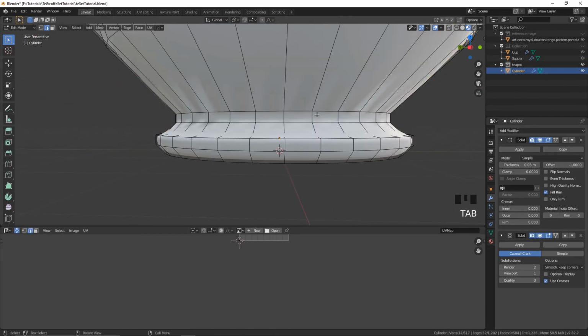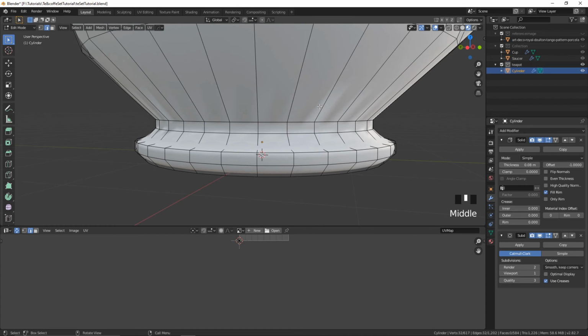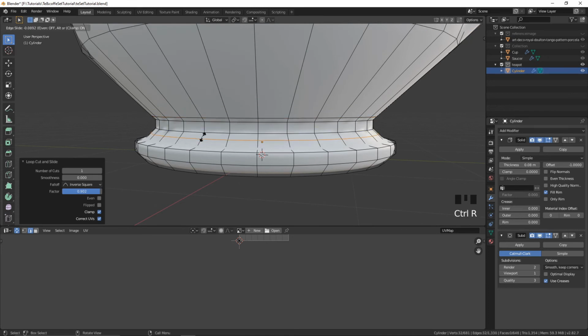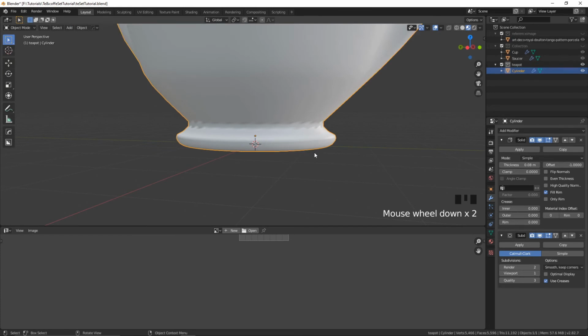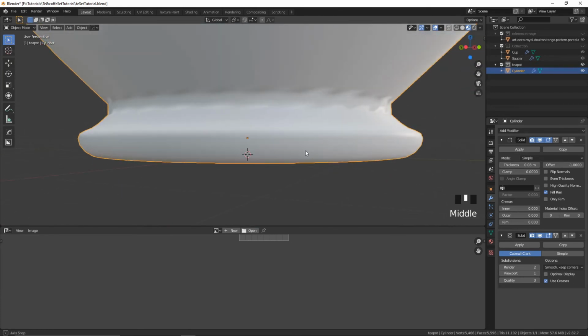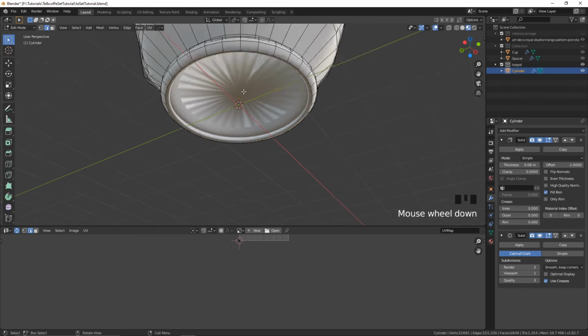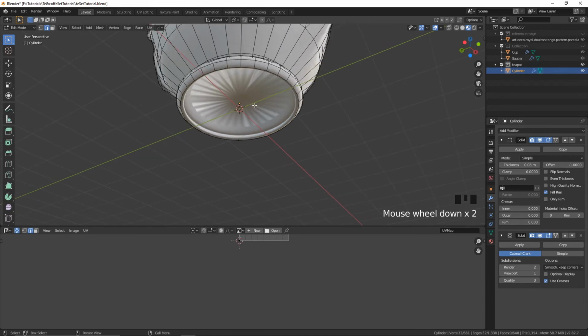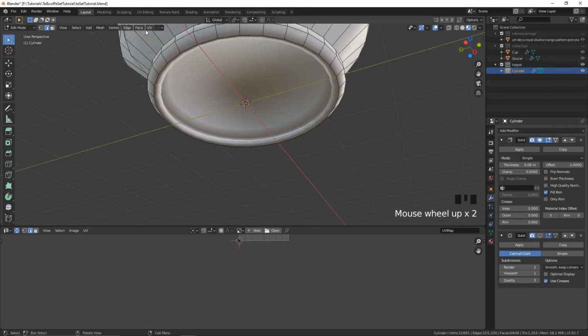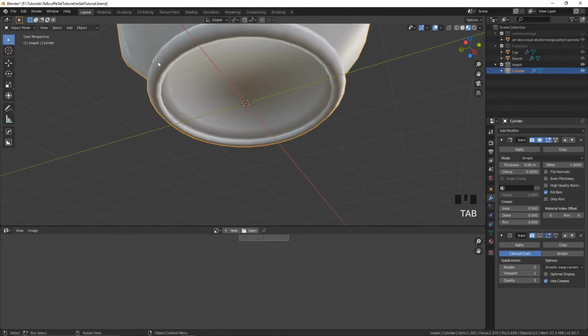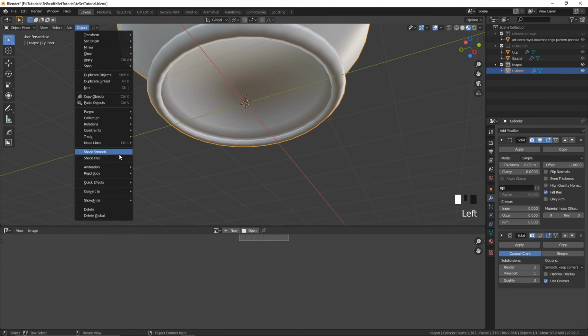for some reason. So let's go in and see what we can do about that. Control R, edge loop, and move it down. See if we can't fix this. Control R, edge loop, and move it up. Let's see here. I think I know what's wrong. It's these ones here. So let's turn off subdivision modifier for a moment, and let's in object mode press shade flat